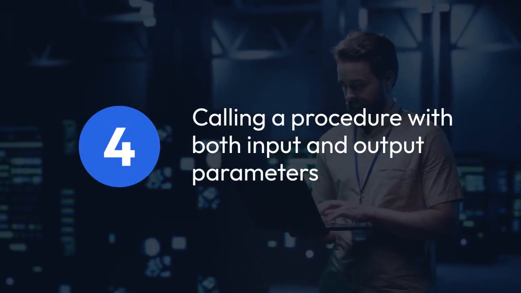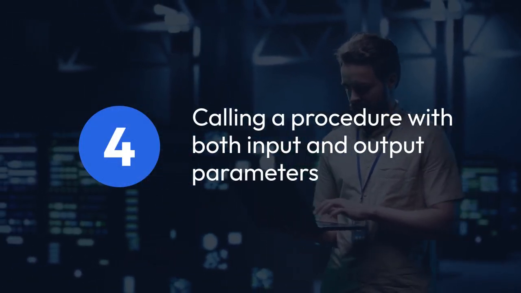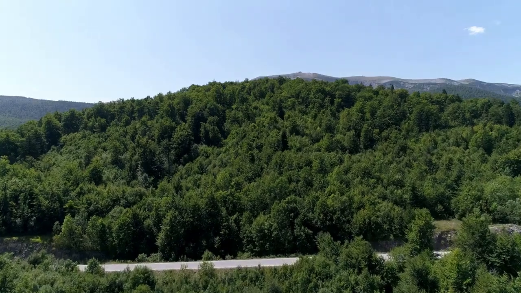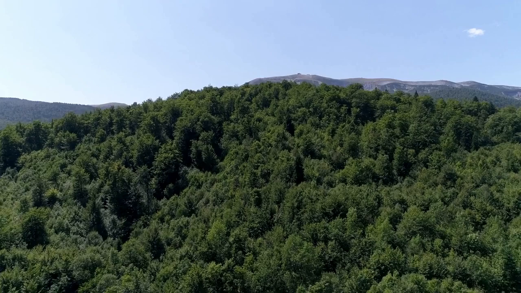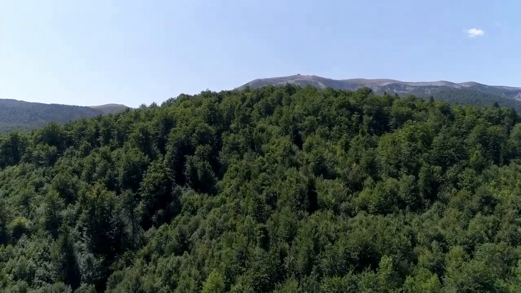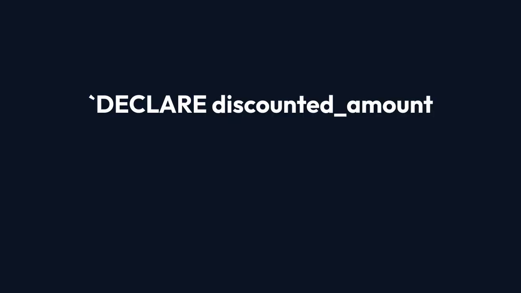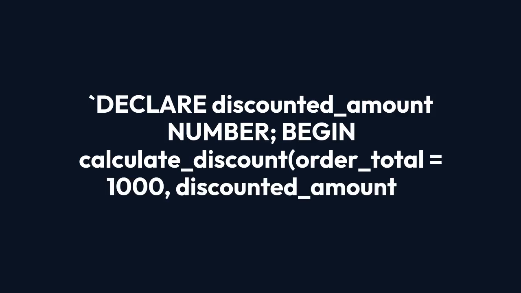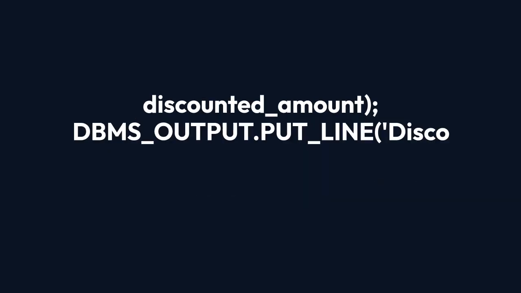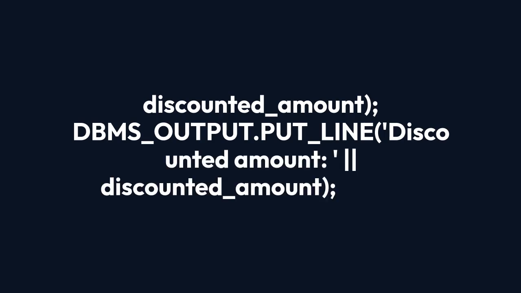4. Calling a procedure with both input and output parameters. Combining the previous two approaches, you can call a procedure with both input and output parameters. Example: consider a procedure calculate_discount that takes an order total as input and returns the discounted amount as output. DECLARE discounted_amount NUMBER; BEGIN calculate_discount(order_total => 1000, discounted_amount => discounted_amount); DBMS_OUTPUT.PUT_LINE(discounted_amount); END;